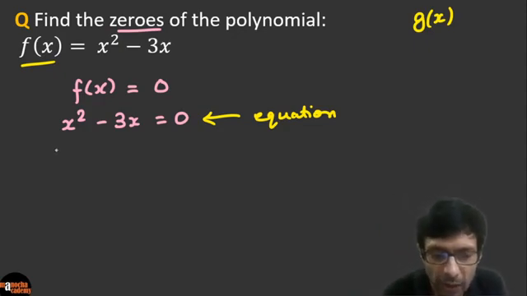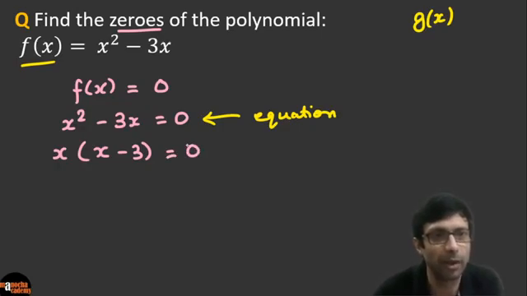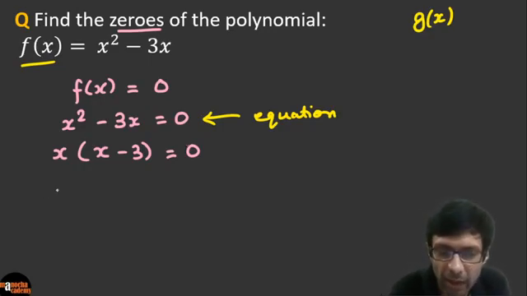So how do we do that? Again, we'll factorize this. So it's going to be x times (x minus 3) is equal to 0. Okay, right? And this polynomial, guys, what degree was this polynomial? Can you see it was a quadratic polynomial because it's degree 2, right? x squared is there and we are solving this. So we can say either x is equal to 0 or x minus 3,